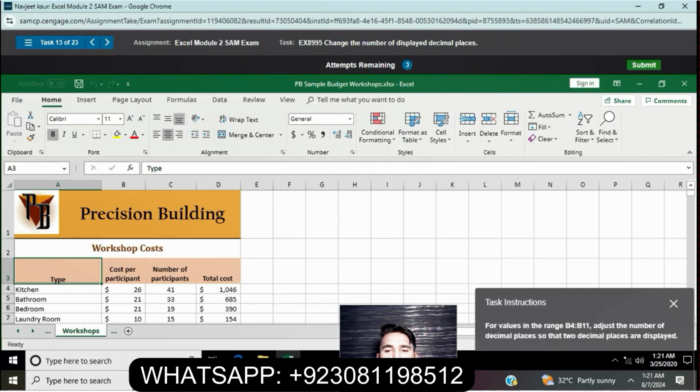Now question 13: for values in the range, adjust the number of decimal places so that 2 decimal places are displayed.